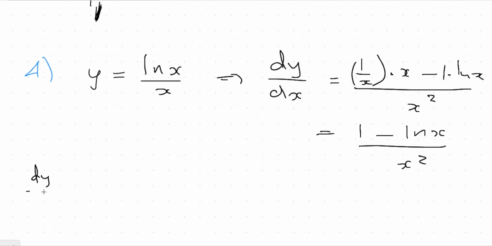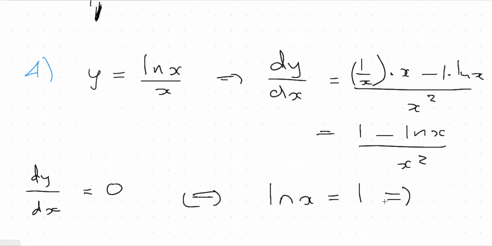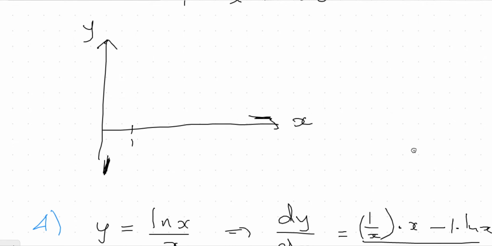Where is this 0 to find the turning points? Well, this is 0 if and only if this numerator here is 0, i.e. if log of x is equal to 1, i.e. if x is equal to e. And there's only one turning point, and we know that the graph looks like this. So we actually don't need to consider any further derivatives or arguments about if it's a maximum or a minimum, because we know at x equals e,